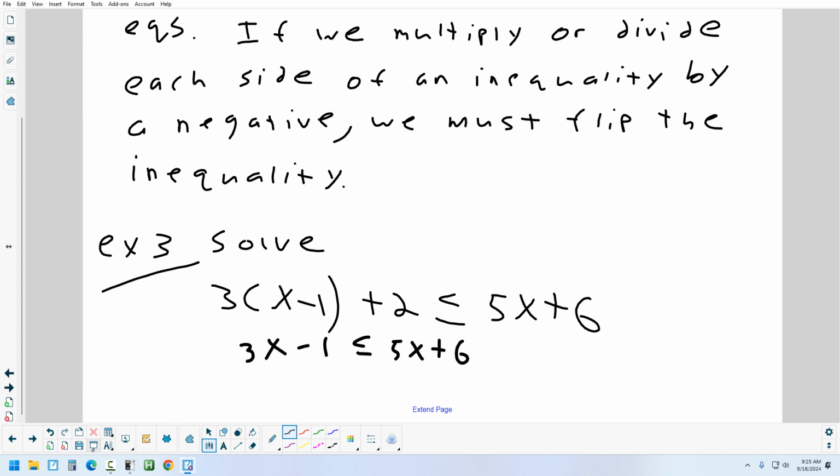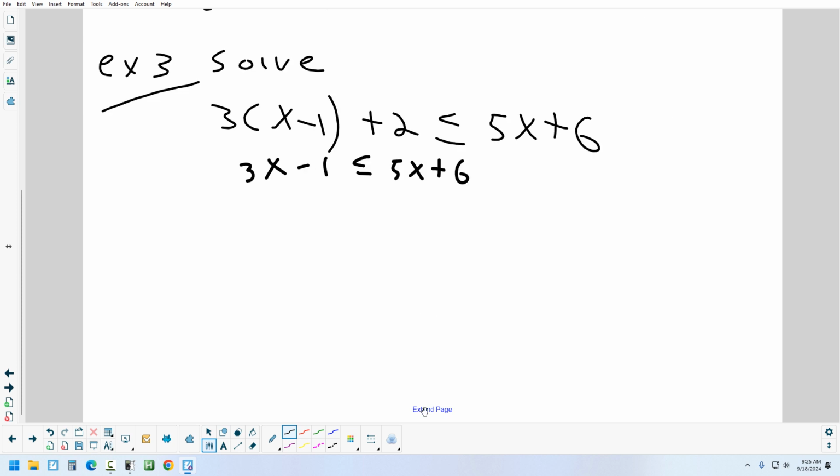You have to add 1. Okay, we could add 1 to both sides. And what else could I do at the same time? Divide both sides. Or no? No, we are going to divide, but we're not going to divide yet. Add the 1 and